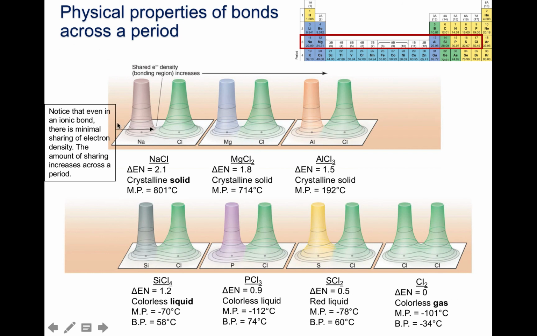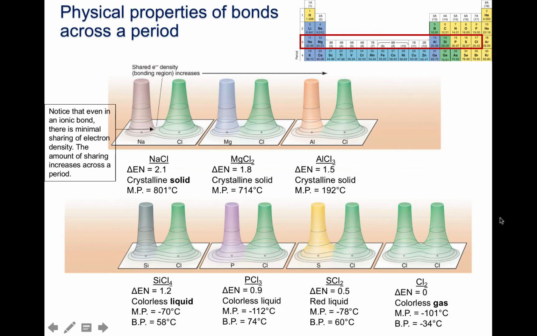And one other thing to notice is that the electron density between the two elements, as we go across, as the electronegativity difference decreases, that shared area increases. So with sodium chloride, it's essentially 0. With magnesium chloride, it's a little bit higher, but there's still a general transfer of electrons. With aluminum chloride, it's even higher. And as we go up, we can see an actual shared region of electrons between these substances that we would